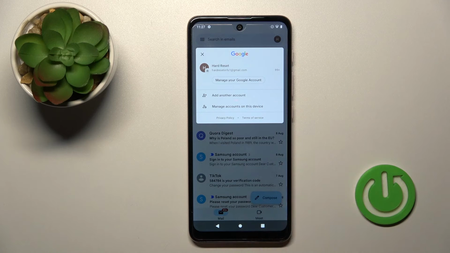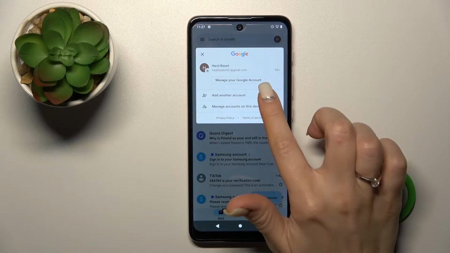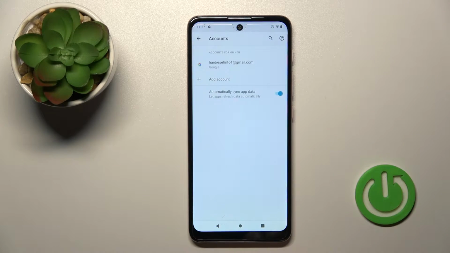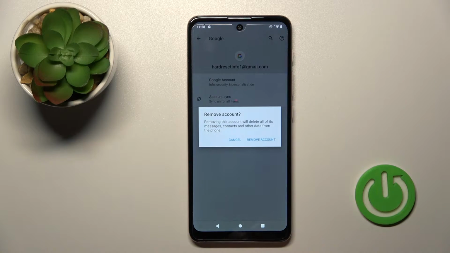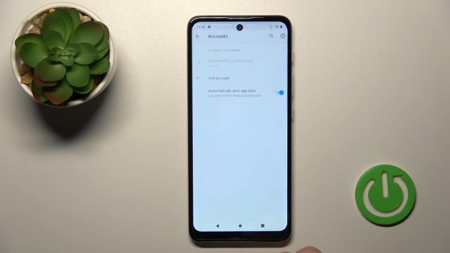Now we can see that we are logged in here into the Gmail account in the Gmail app, and if you want to log out from the Gmail account, you should log out from the Google account on your device. To do that, you should tap manage accounts on this device and select your account. After that, to log out from this account, tap remove account and confirm your action by clicking here